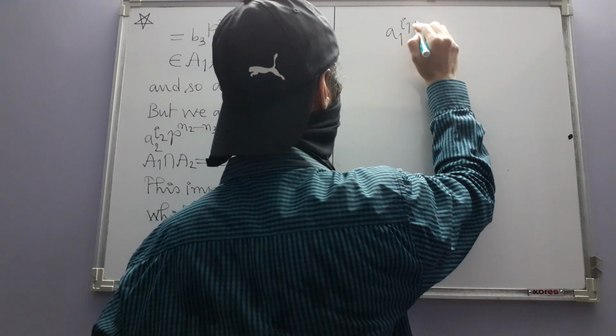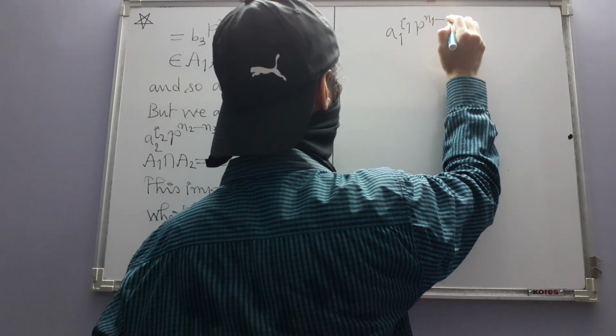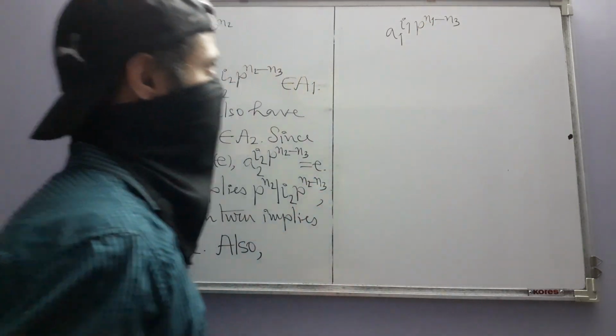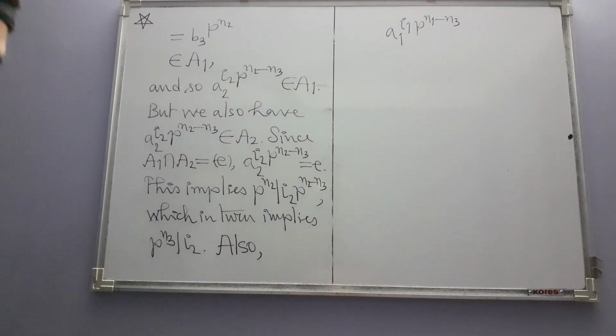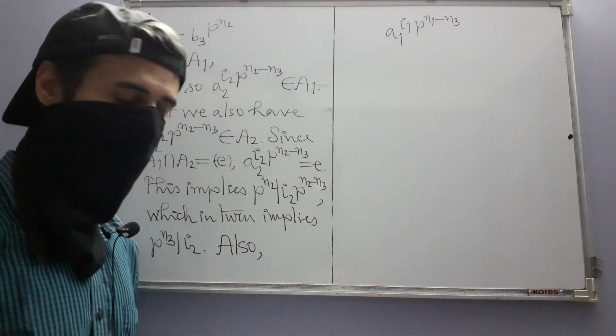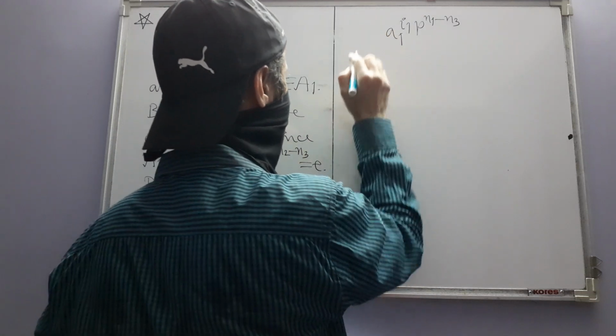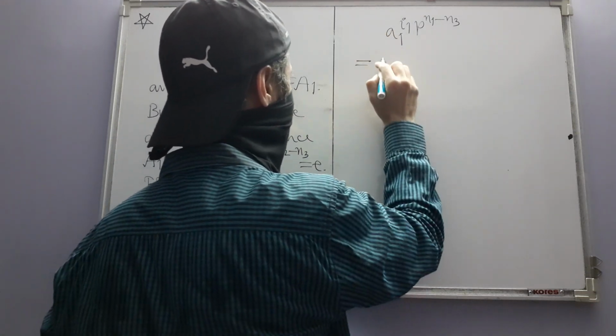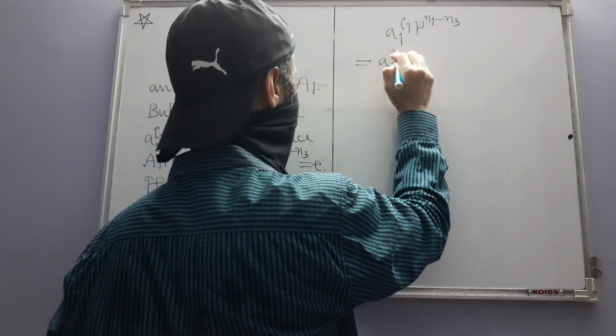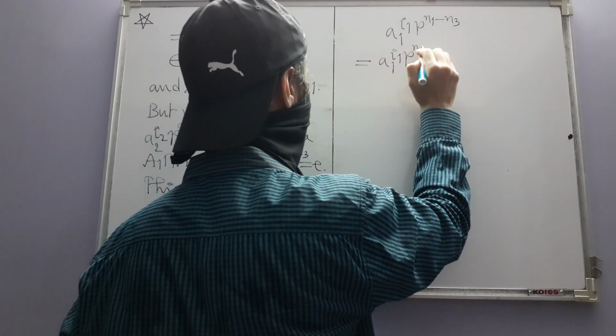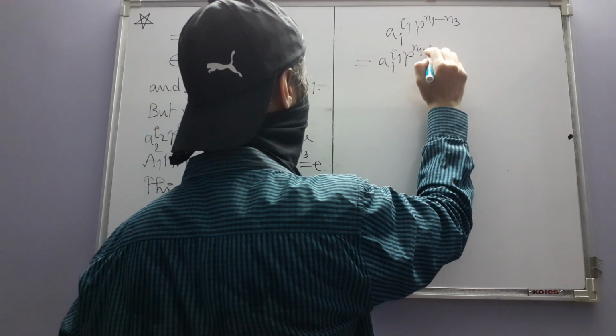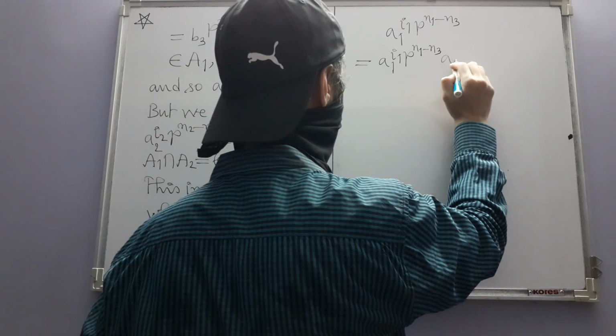A1 to the power I1 times P to the power N1 minus N3, not N2. Okay, we will see where this leads us. And this becomes A1 to the power I1 times P to the power N1 minus N3 times, now we are going